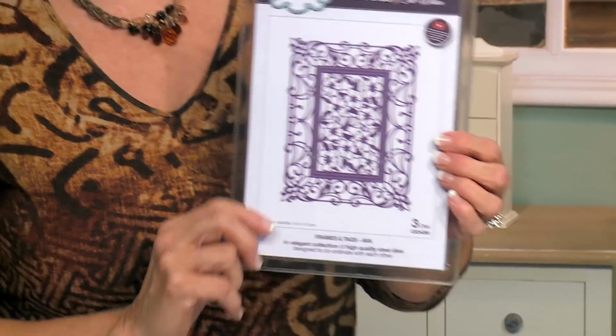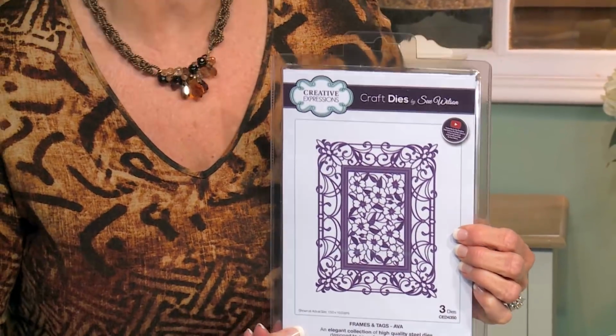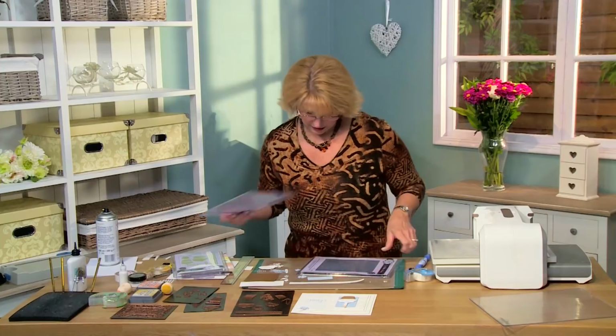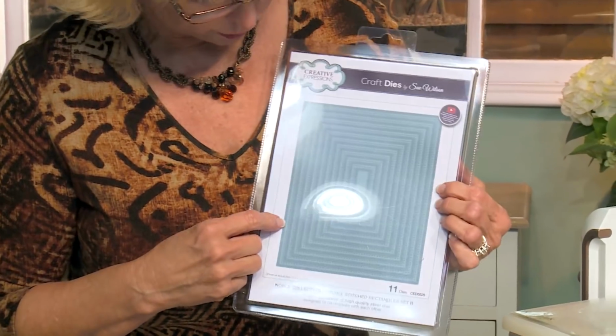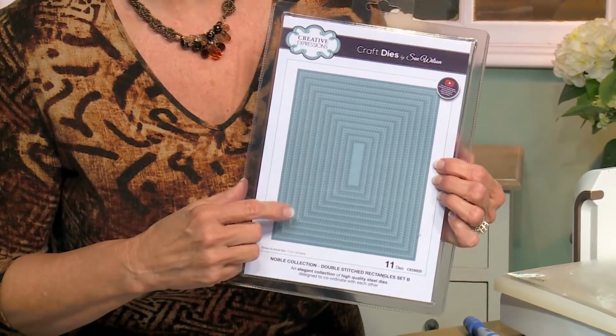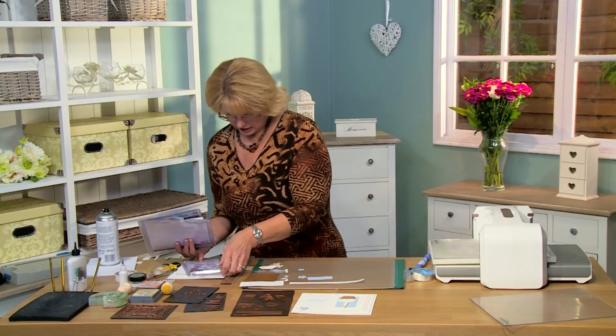And I'm going to do a little bit of a backing just to give some detail to the back of the cupcake with the Ava die from our Frames and Tags. And I've done a bit of matting and layering with the double stitched rectangles. They're really useful for that. Okay, let's pop all these to the side